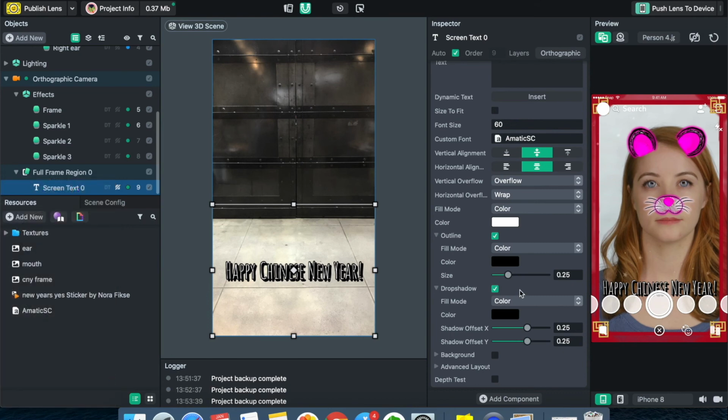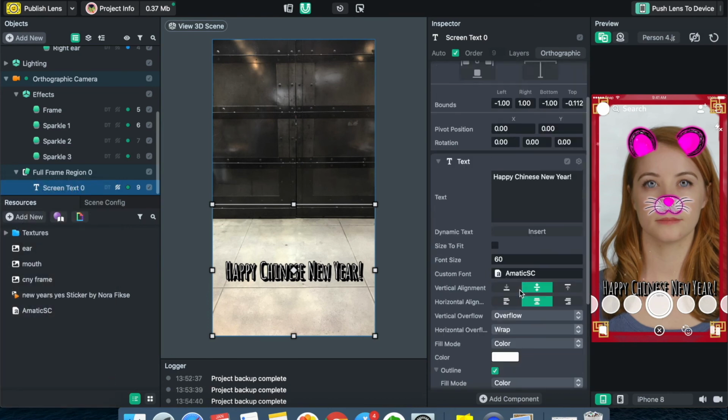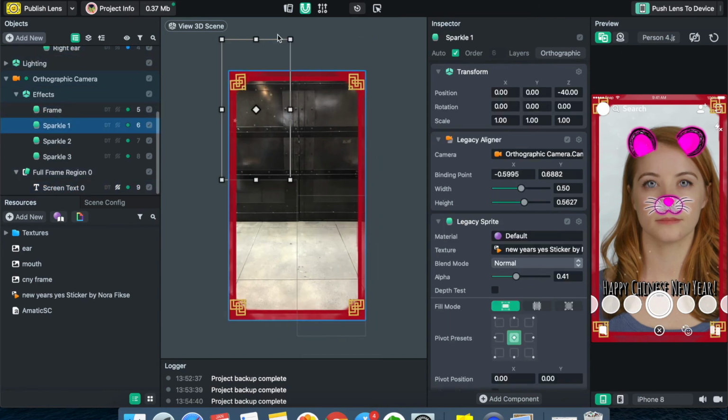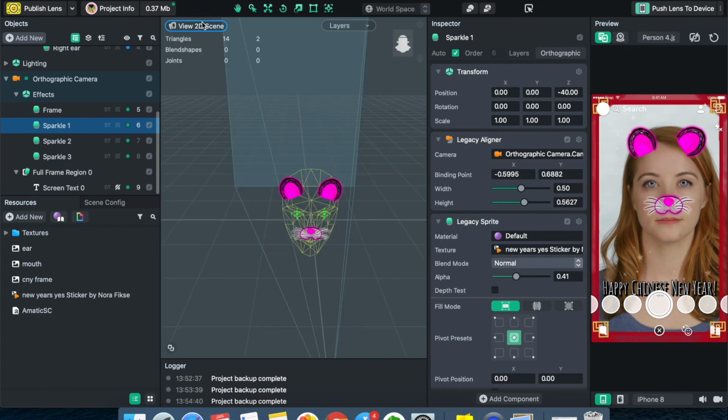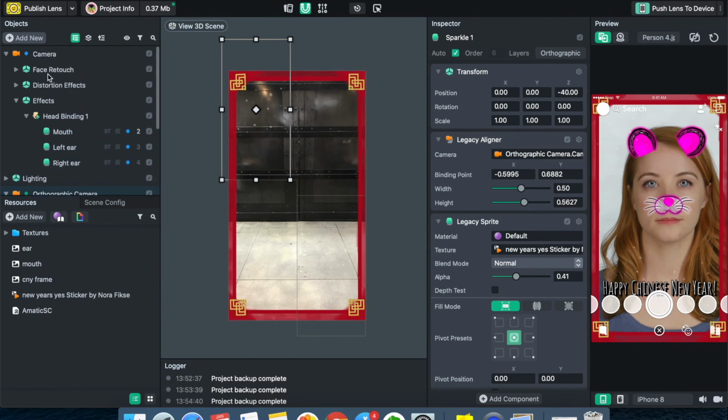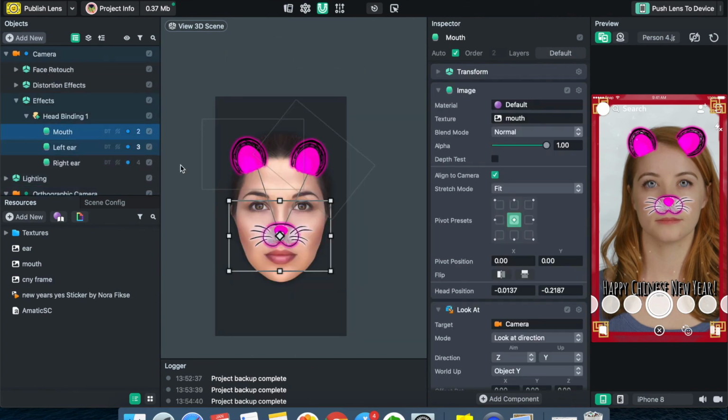Once you're done with that, don't forget to push your lens to your device. It's a 3D scene, this is a 2D scene. So don't forget to push your lens to your device, and you'll be able to try it out before you publish it. So click on this, push your lens, try it on,